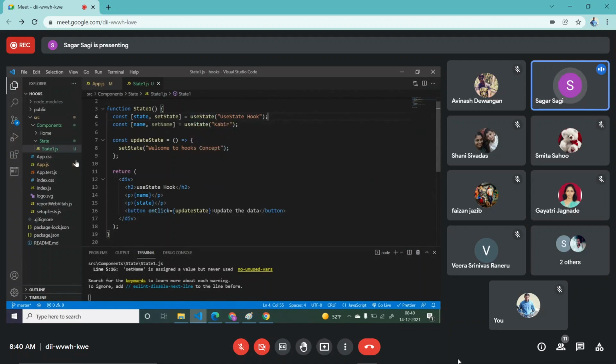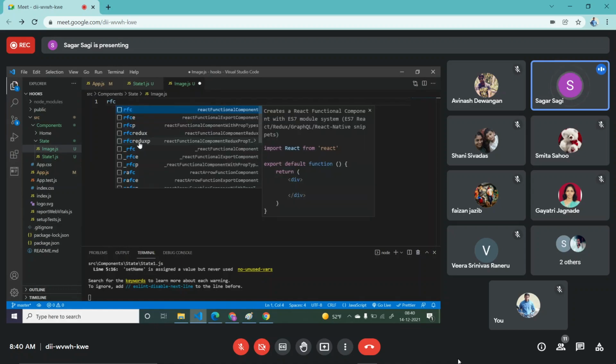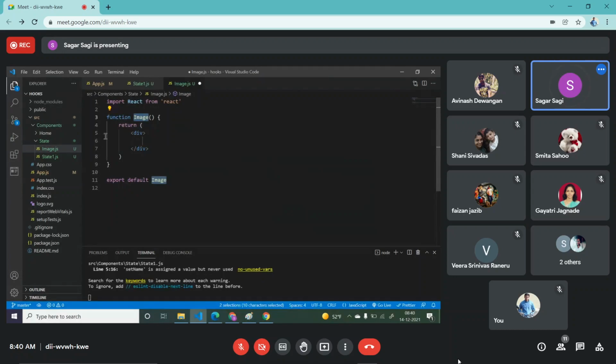So let's do one more. I'm just creating something called image.js. We have a shortcut also to create your functional component. Just say rfce and click on tab. Now you got a functional component. Now here simply I can take one image.